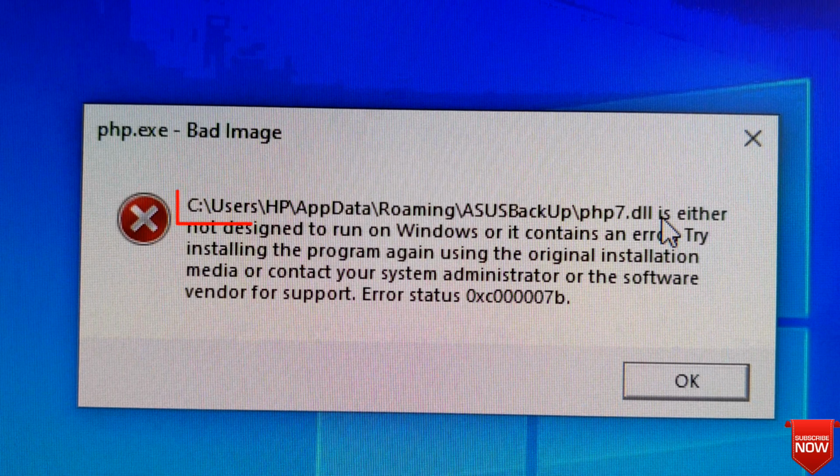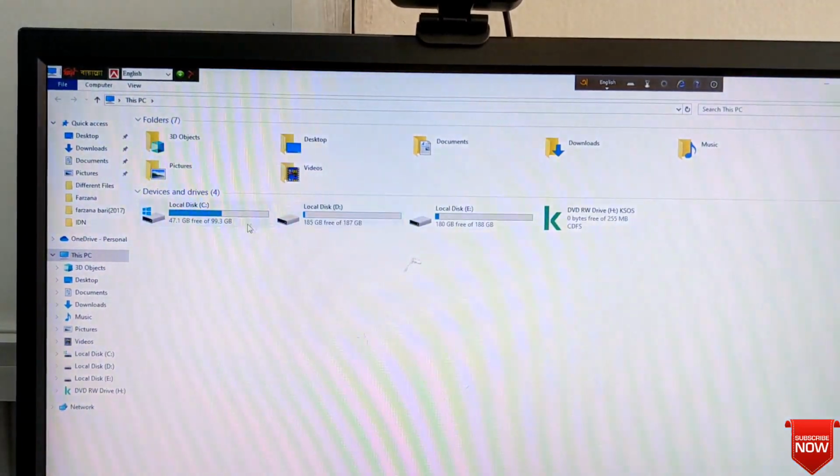Here is the location. It indicates where the error is. I will go there and delete it. This location I will find it. C users ASP app data roaming asus backup php7.dll. So we will go C drive,